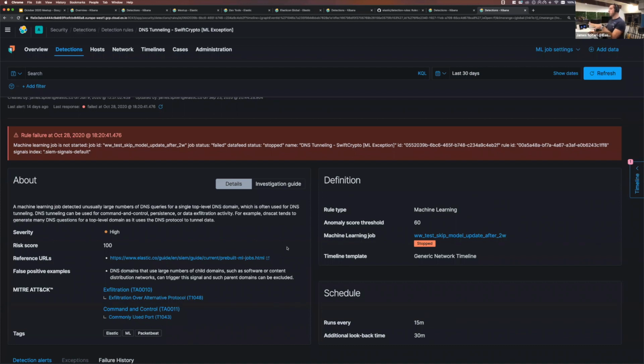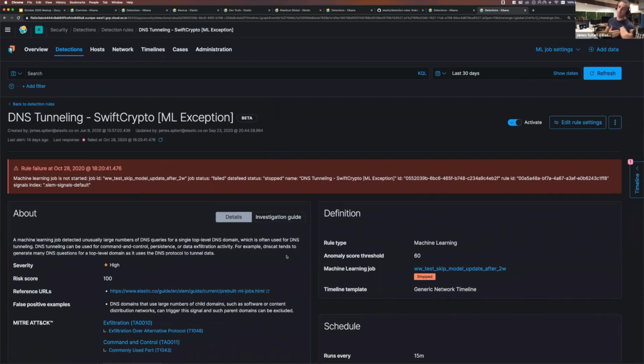There's a few things in this. First of all, I'll talk a bit about what we're doing with this job. So this is one of the out-of-the-box jobs we have that is essentially modeling DNS requests over time. We have one of our beats, which is called Packetbeat, which can look at DNS data in a lot of detail. Our endpoint does this as well, but there's also Zeek, Suricata. There's a plethora of different tools for DNS. But what we're doing is we're modeling the length of typical DNS subrequests for a given domain. One of the more common techniques for extracting data over DNS is to actually use a long subdomain as the data extracting. So that's the activity we're looking for here.